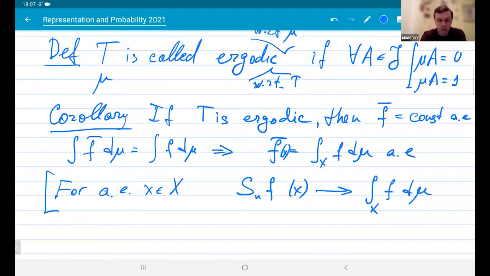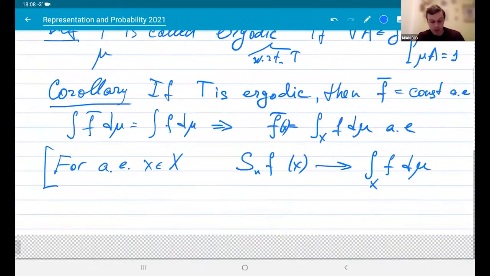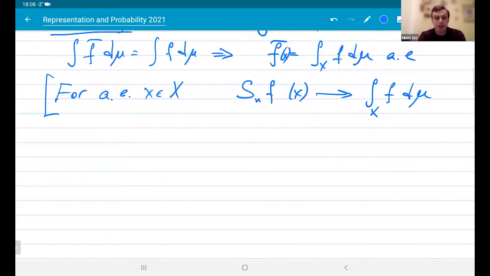So this is, of course, quite a nice situation, because then you have a convergence to some constant, and then, for example, you can study the rate of convergence, or study the difference between the sequence and the limit constant, and so on. So this is in fact the main situation to study, due to the following reasons.